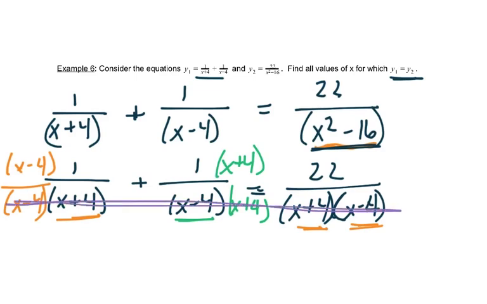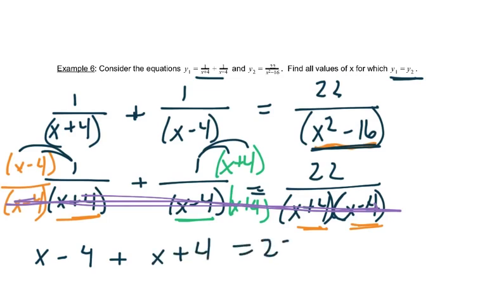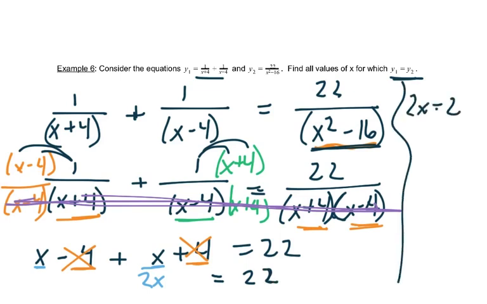So I'm going to cross through all of these denominators, and I'm going to rewrite what I have. This is 1 times that, so that's just x minus 4 plus, and this is 1 times that, which is just x plus 4 equals 22. So I'll combine like terms. This x and this x together give me 2x. And this minus 4 and this plus 4 cancel out. So I get 2x equals 22. So let me write that over here. 2x equals 22. The last step is to divide by whatever number's in front of the x,